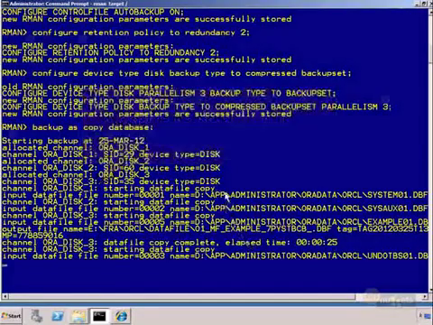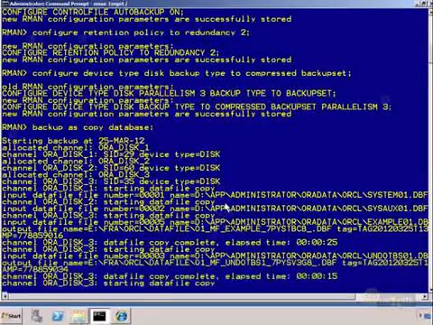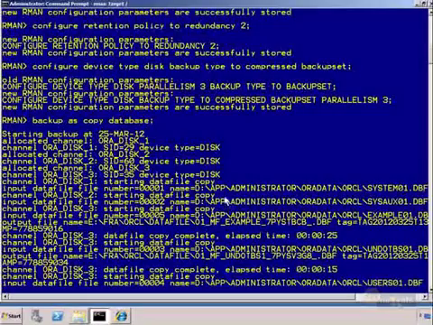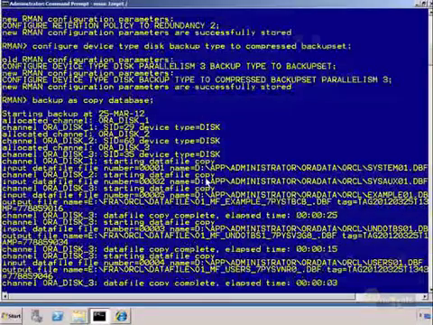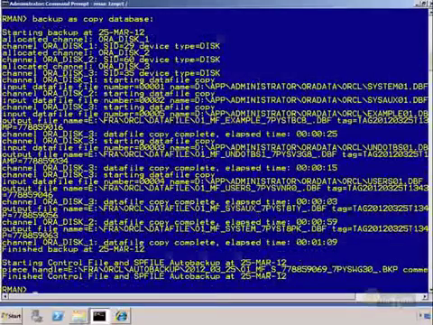Now you might be wondering, why do we have 3 data files being handled at once? Remember, we set our parallelism to 3, so that means Oracle is going to spawn up to 3 different channels as it does its work. I don't really have a lot of data in this database, so it doesn't take all that long to complete